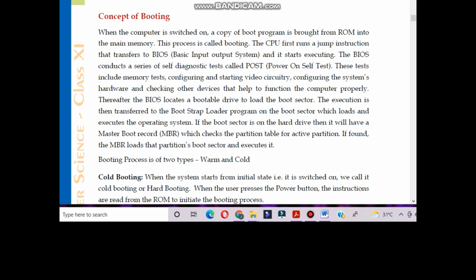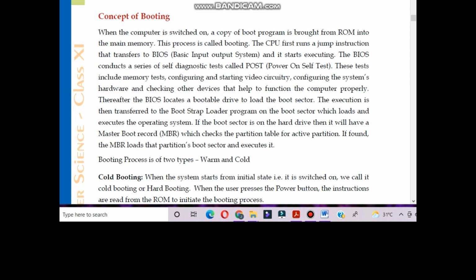When the computer is switched on, a copy of the boot program is brought from ROM, read only memory, into the primary memory. This process is called booting.